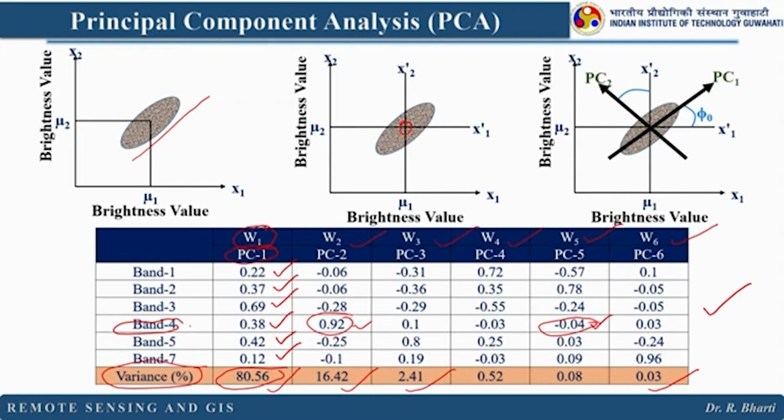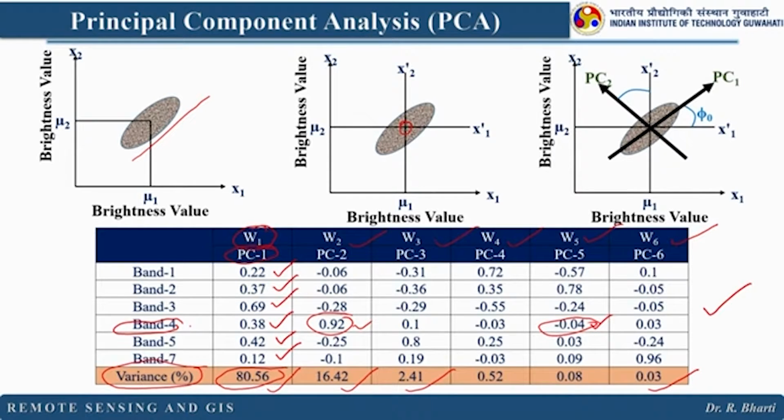If the other loadings are also in the same range, then probably your target will not be enhanced, and that principal component will be of no use. So you have to be very careful while selecting the principal component for your objective: which band you are looking for, what its loadings are with respect to others, and